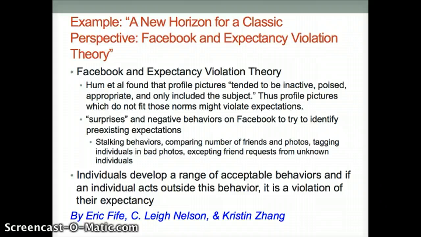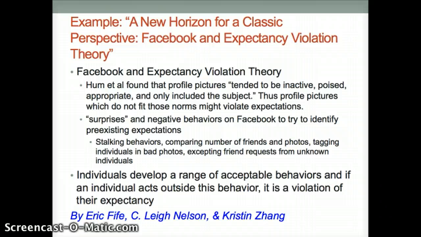I will provide 3 examples of research that has been done using the expectancy violations theory. First is one I believe individuals with the social media outlet will relate to. Fife, Nelson, and Zhang's article, A New Horizon for a Classic Perspective: Facebook and Expectancy Violation Theory, shows that individuals develop a range of acceptable behaviors, and if an individual acts outside these behaviors, it is a violation of their